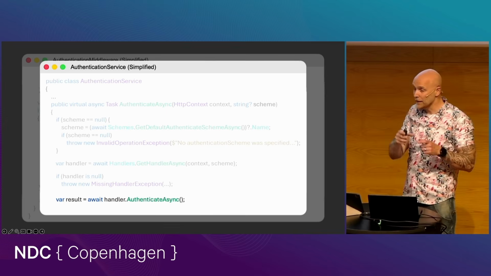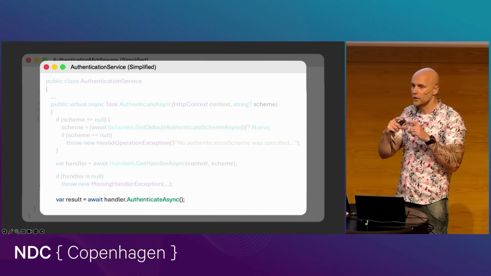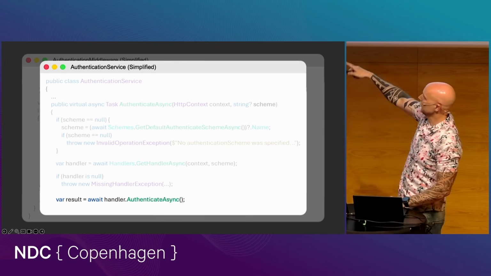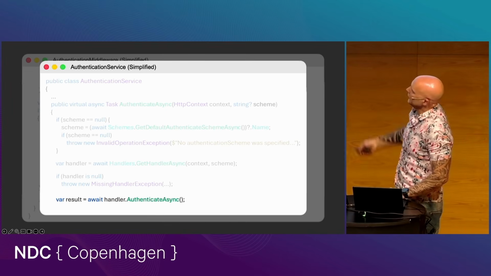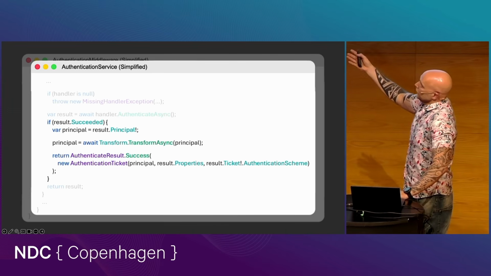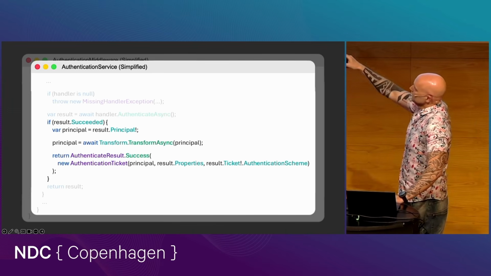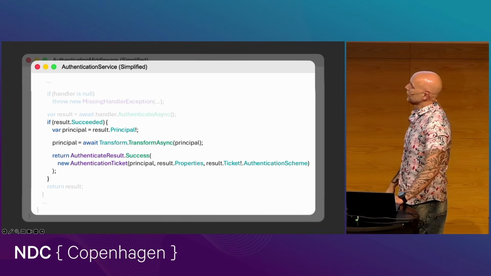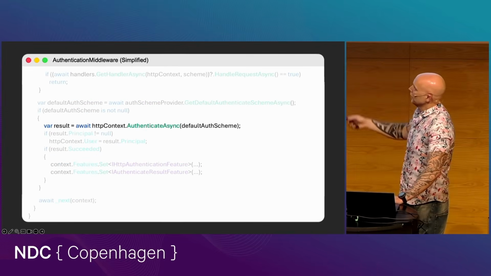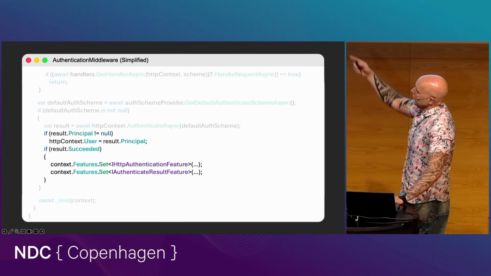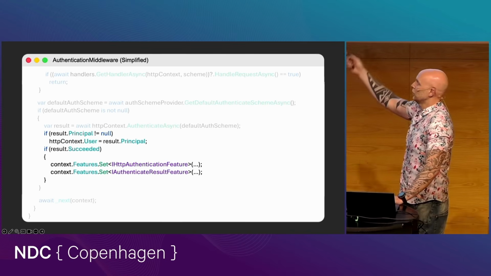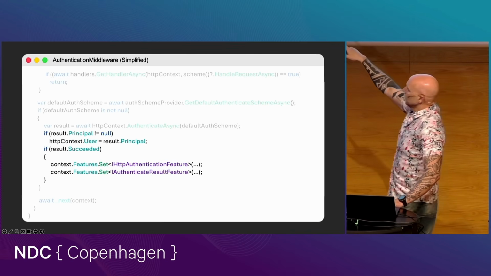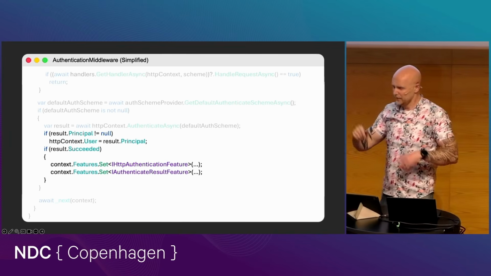Like I said, the handler, that little interface with 4 methods, is everything you need. All the other stuff is just plumbing to call these 4 methods. So it calls the handler, hey, can you authenticate? If it's successful, if you have a claims transformation, run that, and then return success and return that result. And when you come back here, if that is successful, HTTP context.user is set to that principal, and now the user is authenticated. And then if it's successful, it also adds some features, because, and this is kind of interesting,